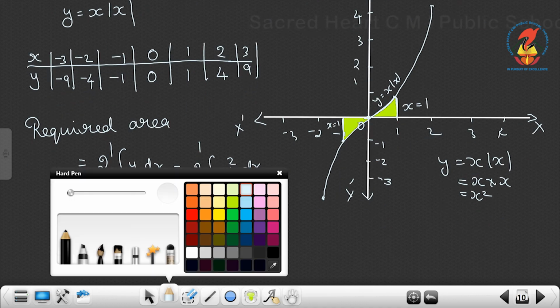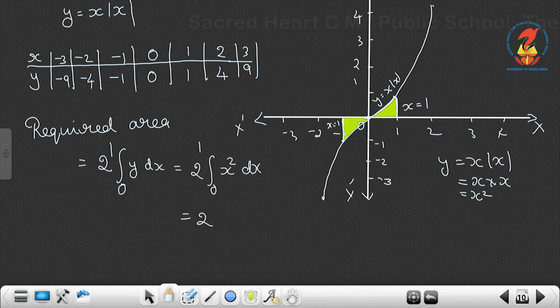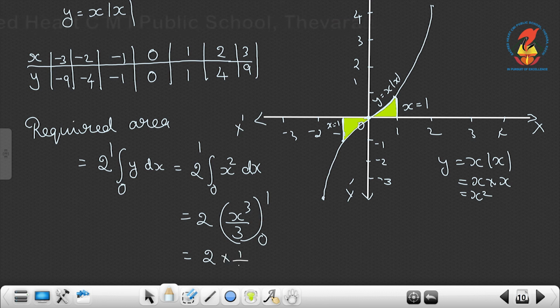Now integrate. So, 2 into x cube by 3 between 0 to 1, or it is 2 into 1 by 3 minus 0, that is 2 by 3. So, this much square units is the area of the